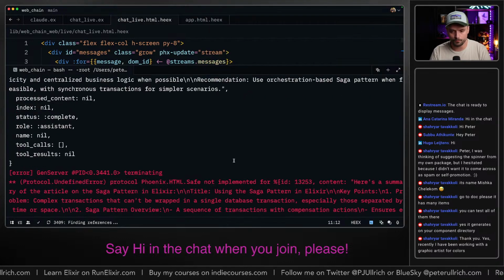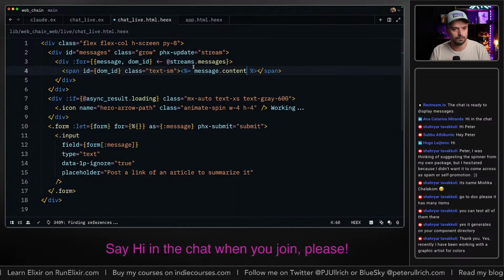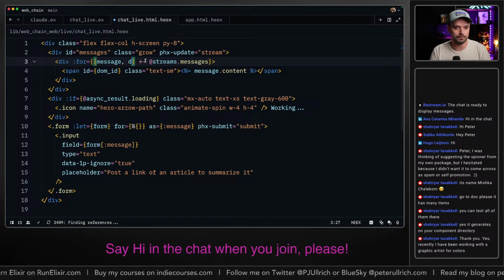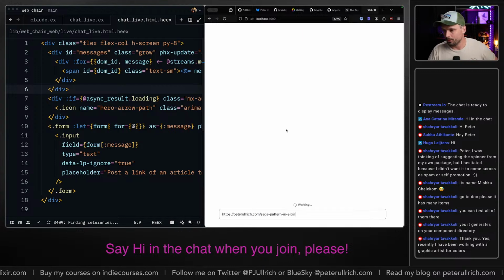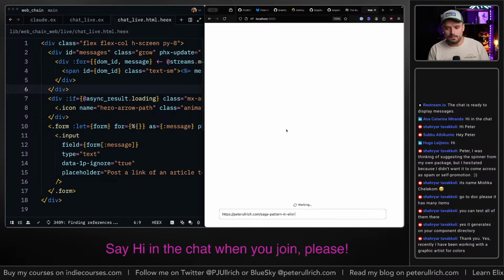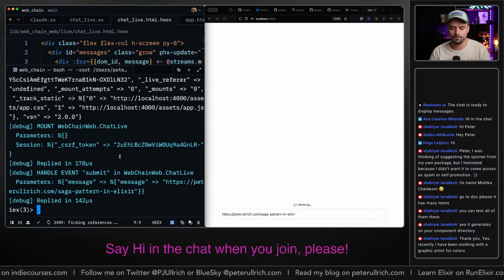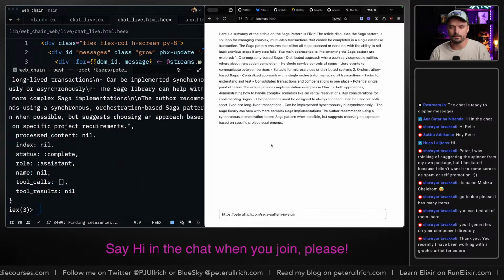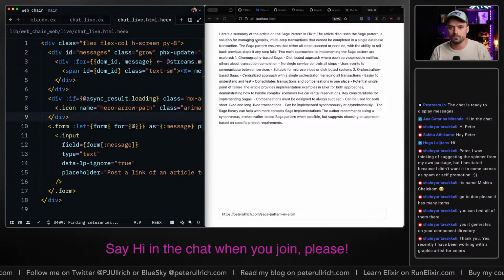Protocol saved and implemented for ID content. All right, I'm just gonna, oh, maybe it's the other way around. It's DOM ID messages, probably that one. Yeah, that could be. It's always the position that's difficult. All right, let's see. Come on, give me the message. Hey, look at that. All right, cool. We get a message. Awesome.